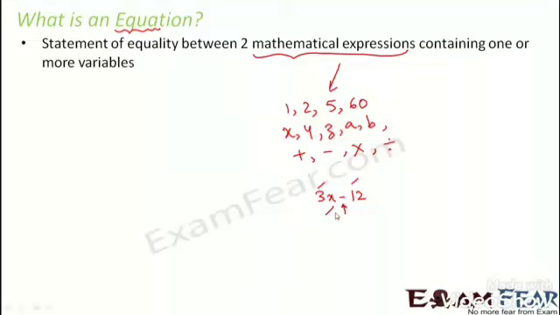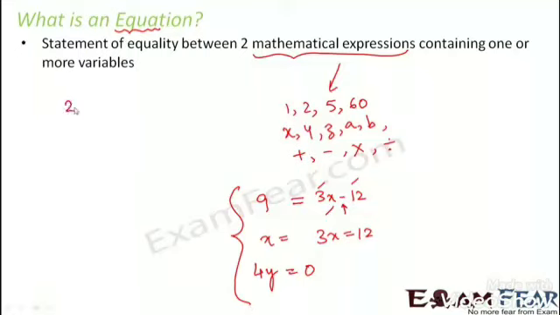Now when you have two such mathematical expressions with an equality sign in between, you put an equal sign and you have another mathematical expression. That other mathematical expression could also be only a constant, or it could also be only a variable, or it could even be something more complex. So these are all examples of equations. For any equation, the only criteria is that an equality sign has to be there and there have to be two mathematical expressions involved.